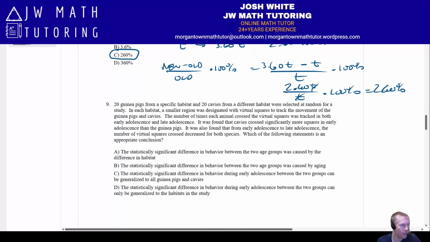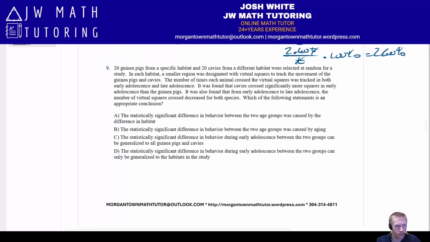All right, let's look now at the bottom of the page. Question number 9, this extremely long guinea pig survey design problem. Okay, so you can read all the text there. I'm not going to bother reading all this text out. Basically, you're choosing some guinea pigs and some other type of rodent or animal